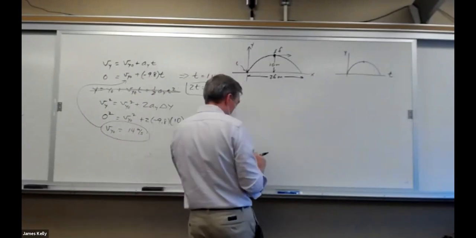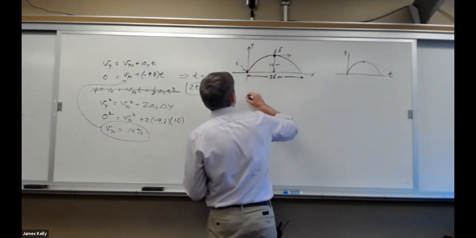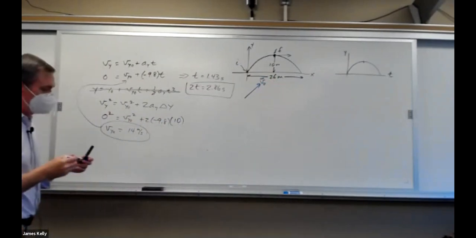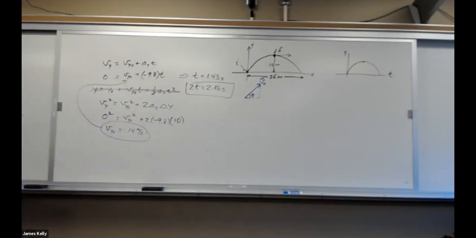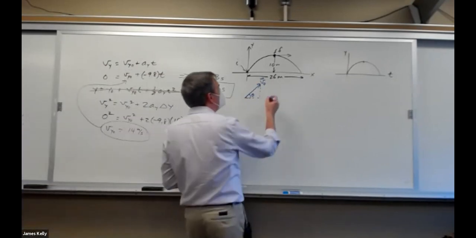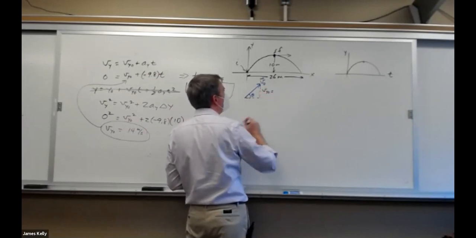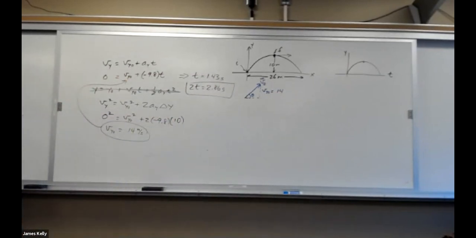So if I imagine drawing in the initial velocity here, let's draw that vector. Initially it's kicked, let's just draw it down here. I might just call that V initial, in that direction. And what we want to know is this angle with respect to the horizontal. I'm just going to call it Greek letter theta, as we often call angles. And hey, we just found out that Vy initial, the y component, is 14 in SI units. If I only knew Vx initial,